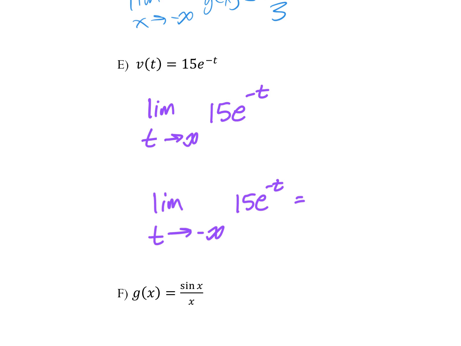Thoughts? What, the first one is 0? You guys, when do exponentials get really tiny in value? When the exponent's negative. Think of it, 2 to the negative 3, 2 to the negative 4. So if I'm saying e to the negative infinity power, that would be a really tiny value. And this one, negative infinity would be e to the positive infinity.